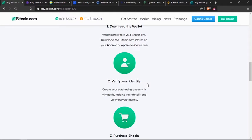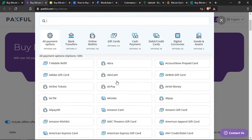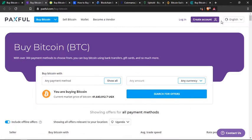Anyways, let's just move on to the next one, which is Paxful. I have used this one personally and I like it because of different payment options that are available. You can buy Bitcoin using cash, bank transfers, online payments, and other cryptocurrencies. You can even buy Bitcoin using goods or your assets with someone so that they can give you Bitcoin in exchange. The only thing that I have seen on Paxful is I think the fees are a little bit high,